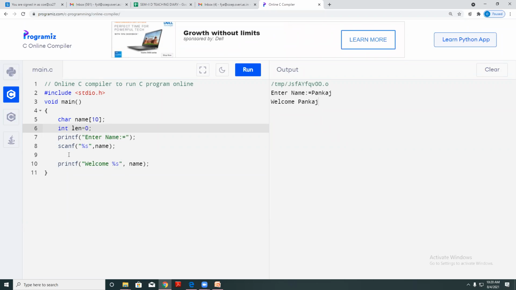And length is equal to strlen, in brackets the name of variable, that is name.